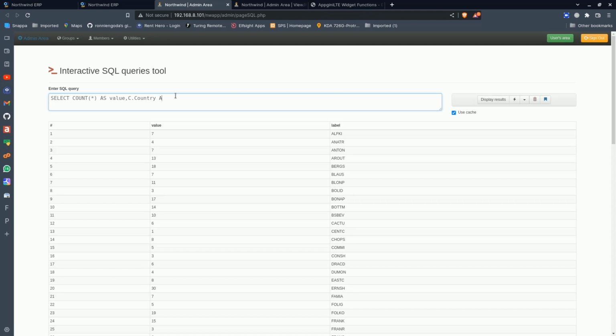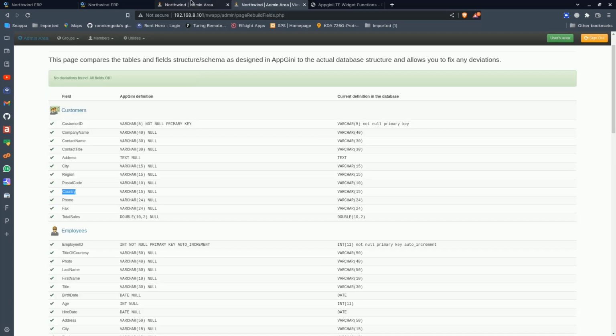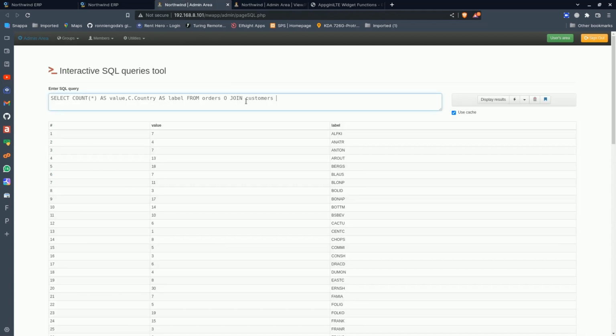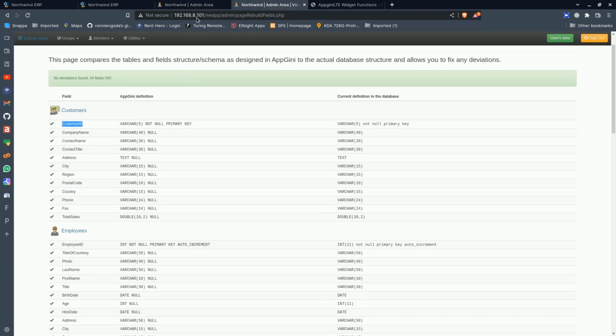So this one will be our label from. So we want to get it from orders, orders O. Want to join customers C. Join customers C on C customer ID. So we have customer ID, customer ID